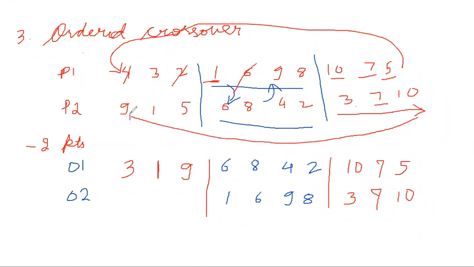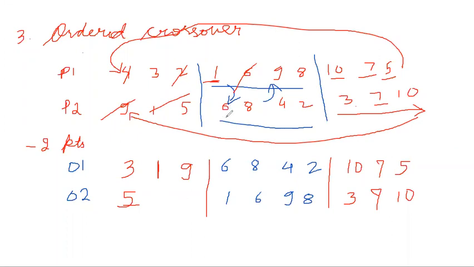to this position in my parent 2, 9. If I see 9, it is already occurring, so I cannot use it for filling. So this stays vacant for now. Next is 1. 1 is also already occurring, so it cannot be used. I cross it. Then I go for 5. 5 is not there, so I can fill this vacant position with 5. Okay. Next, because I still have 2 more vacant positions, I will have to traverse